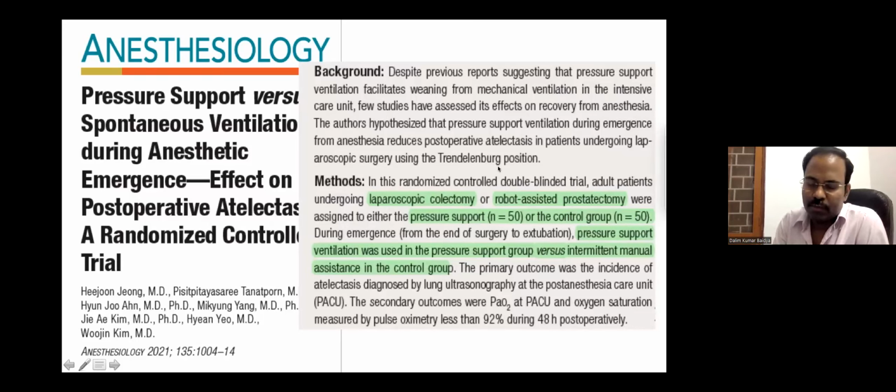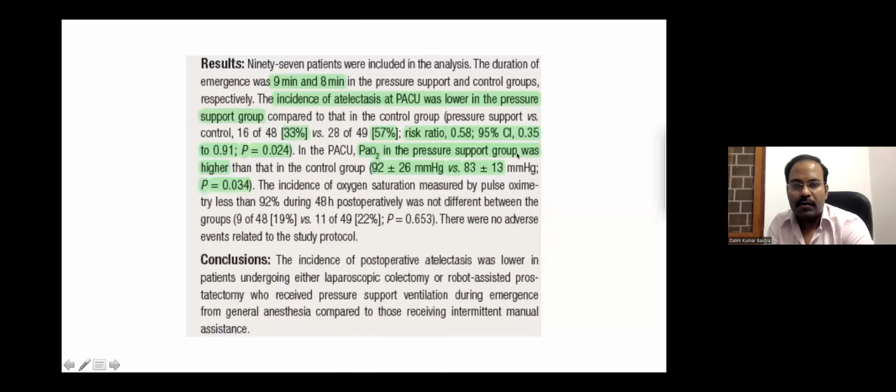So note that they chose two important surgeries which are done laparoscopically in Trendelenburg position. In fact, robotic prostatectomy is done in steep Trendelenburg position. So these are also the group of surgeries where we should have some caution, as they can have significant postoperative atelectasis, not only because of pneumoperitoneum but also because of Trendelenburg positions. So the results were that